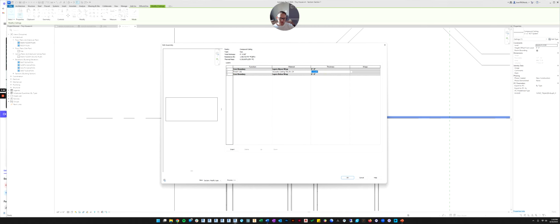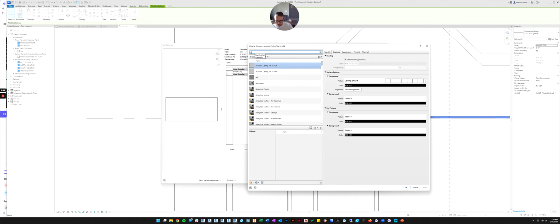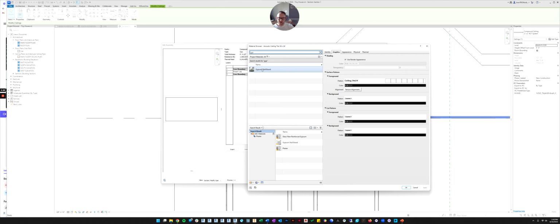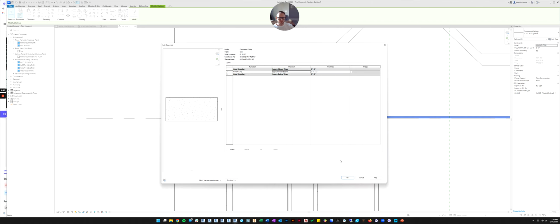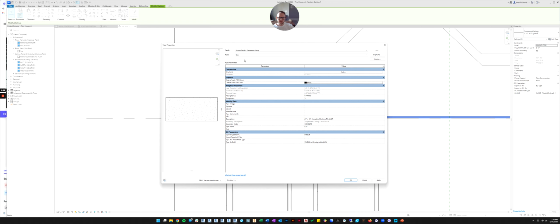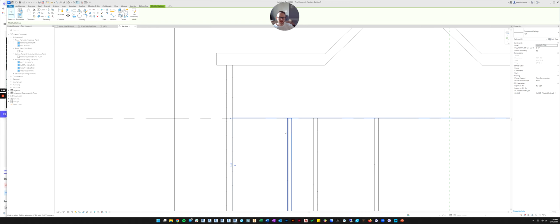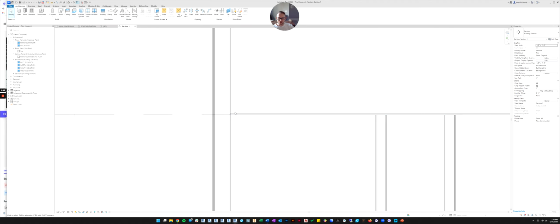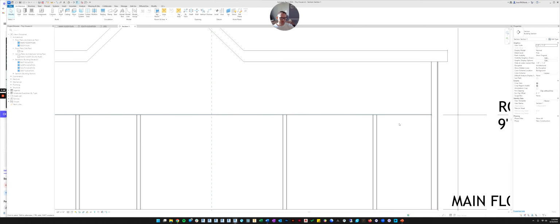it's going to be 1/2 inch gypboard. So we'll just type in 1/2 inches thick. And now we'll pick the material. And we can just pick gypsum board. It's the same stuff that we put on the walls. So we'll just click OK. And there we go. Now we can click OK. We've made our new ceiling type. Click OK. And now it's a 1/2 inch ceiling. And now it looks right.